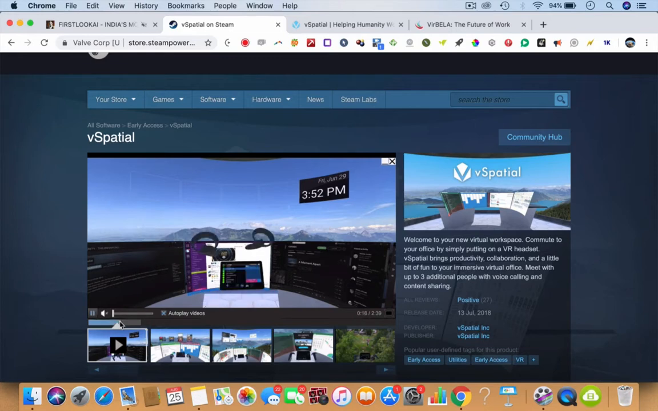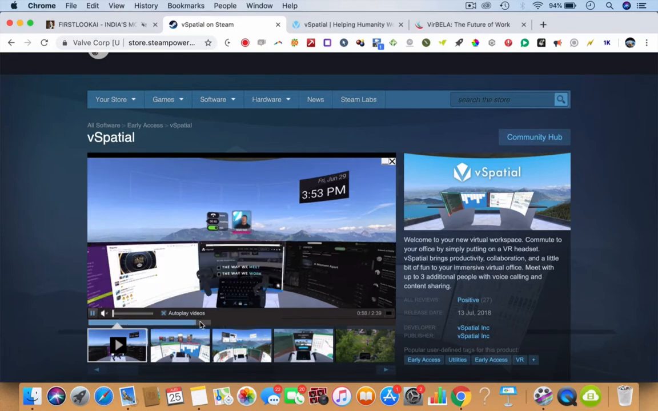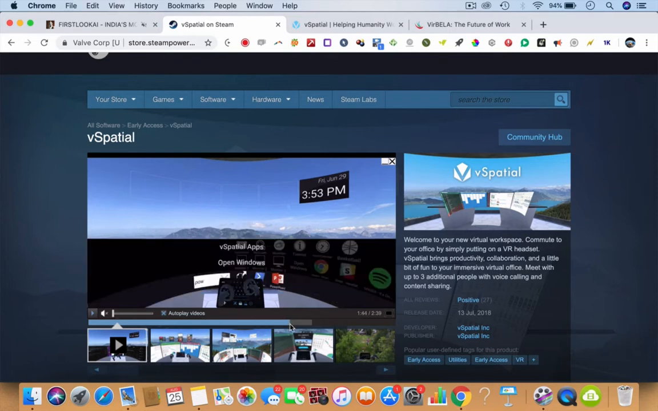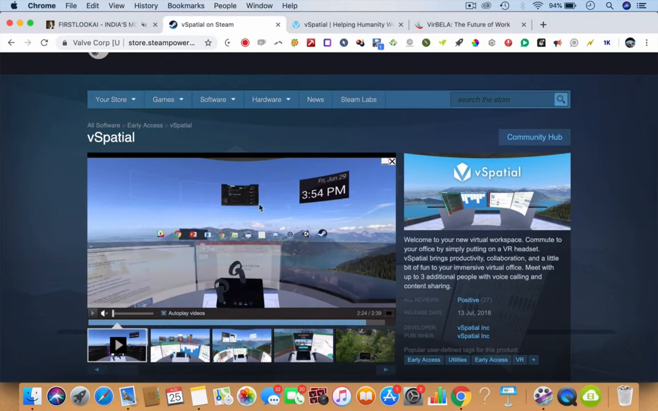When you see here, this is a VR device like Oculus Rift or HTC Vive that is connected, and you have a virtual office. This is your virtual office, guys. You can move around by wearing the VR device. Again, you can see a lot of PC devices connected to each other, and this is possible through vSpatial. You can open your Windows desktop applications